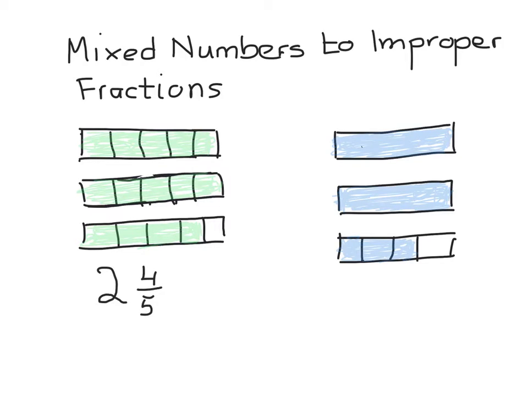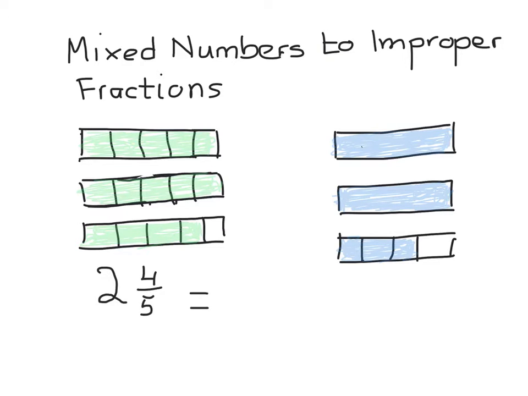Now this lesson, they want you to write it also as an improper fraction. Now an improper fraction means that the numerator is larger than the denominator. So the numerator here has to be larger than the denominator in order for it to be an improper fraction. Now I'm not changing the value, I'm not changing the amount, it is just a different way to show the same amount. Mixed numbers and improper fractions can be equal. So that's what I'm going to do. I'm going to make an equal fraction. So I'm going to say equals,